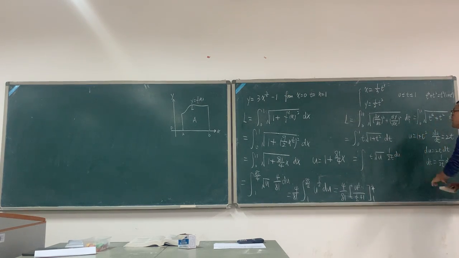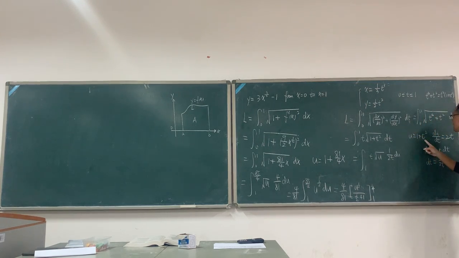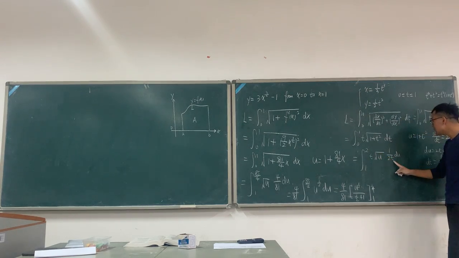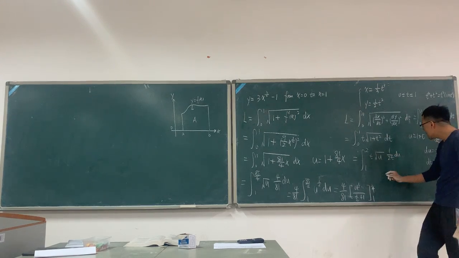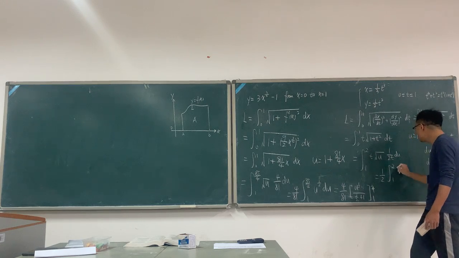When t equals 0, u equals 1. And when t equals 1, u equals 2. Here is 2t, and here is t, so they cancel. The 1 by 2 moves out. So the result is 1 by 2, the integral from 1 to 2,